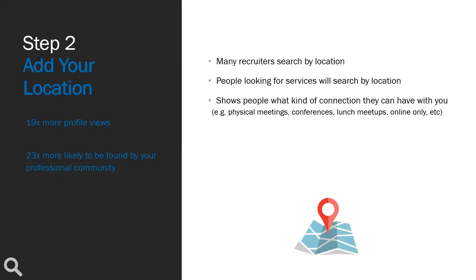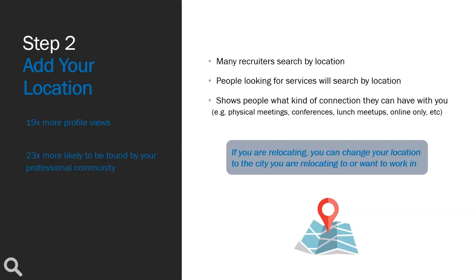So if you're in the same city, maybe you're open to physical meetups, lunch meetups, obviously not in the COVID era, but assuming this is normal times, you might want to have that kind of relationship. Or maybe it's a city that you don't live in, but you go to quite often, and maybe you can have meetups at conferences. Or if it's a place you're never likely to go to, it's fine to have an online-only relationship. But it just gives people an indication that there's no guesswork in terms of what kind of connection we are going to have.